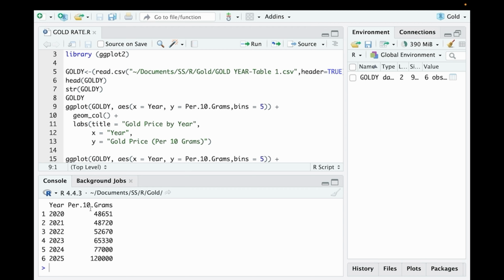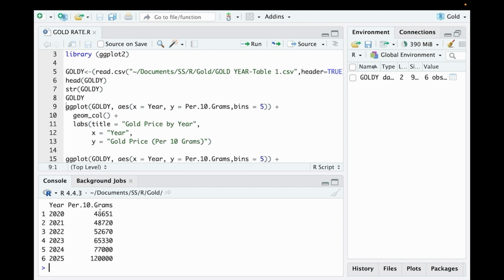Let's say, for example, the 24 carat 10 gram gold price was 48,600 some change in 2020. Next year it increased a little, then 2022 went to 52,000, then in 2023 it was 65,000, then 2024 77,000, and in 2025 you can see 1,20,000.